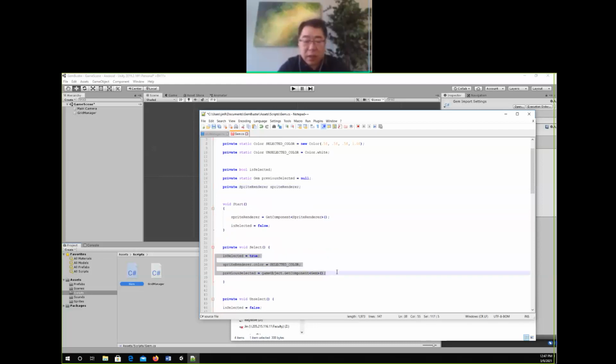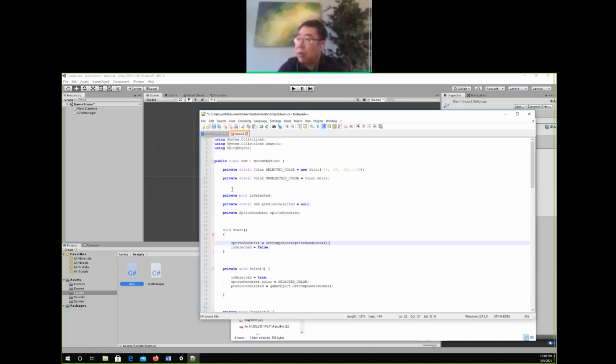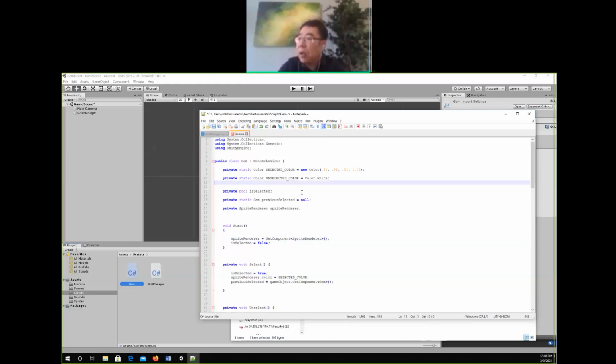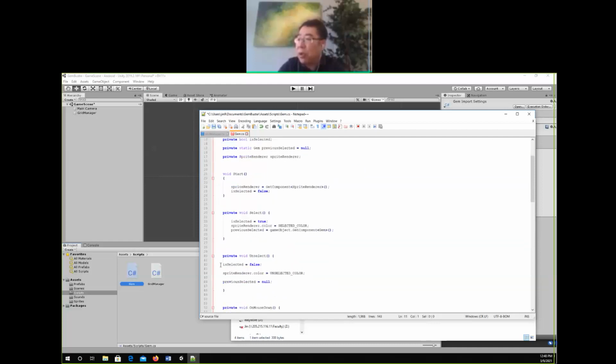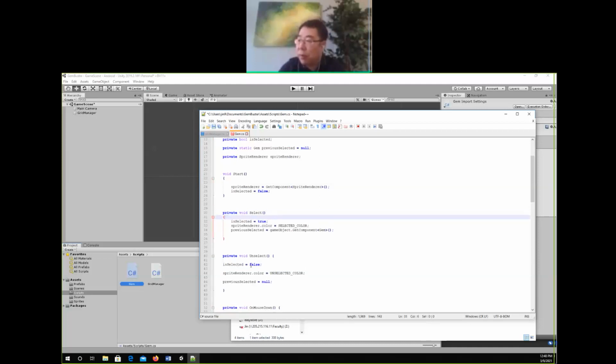Now, whenever we click on an individual gem that is selected, then we set isSelected to true using the select color, and set previouslySelected to the game object that gets the component of the gem. So that is the previous selection. I will just remove the space. I will keep the data variables on separate lines, but most of the code on the same line. And again, this is also just a habit. I will put the open and close parenthesis and curly bracket on the same line